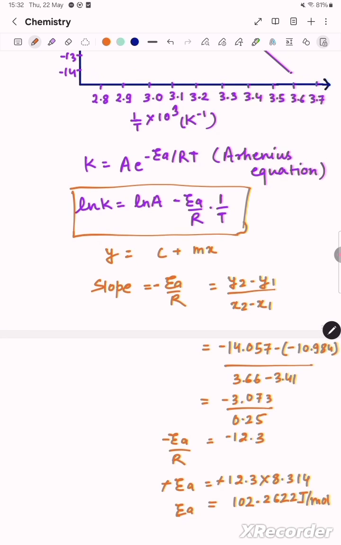So after putting this value in equation, we get